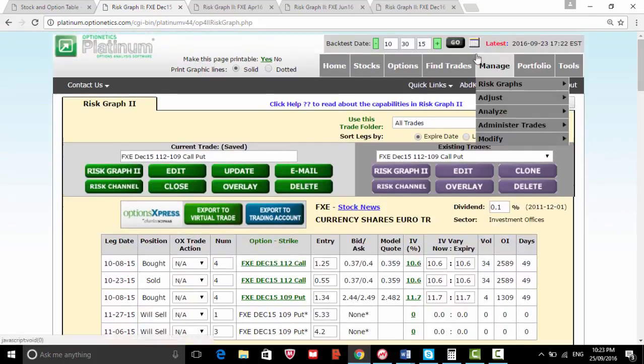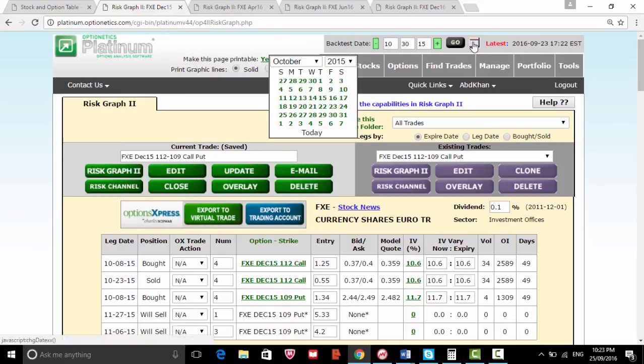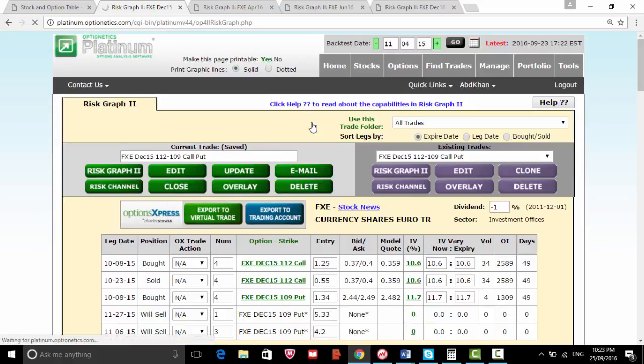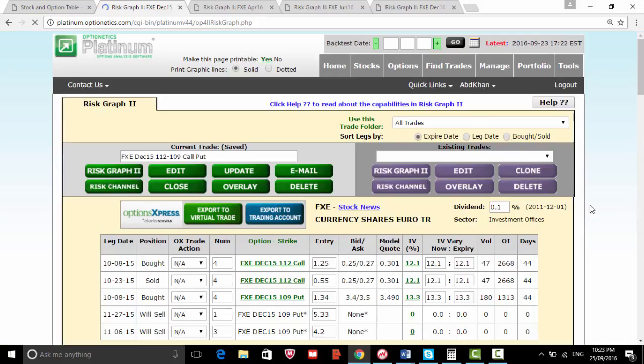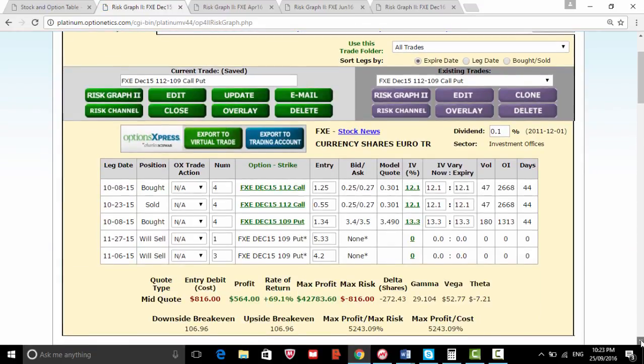Just going to move forward by the 4th of November. So it should be there. And let's look at the status of our position. This is why it's so important to have